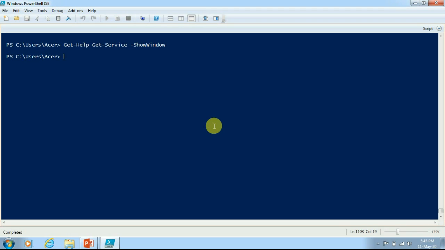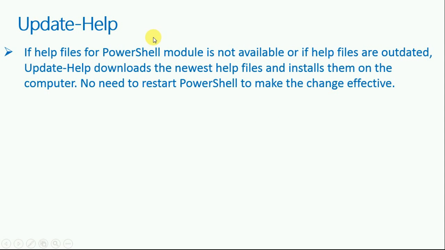So this is how we have seen various examples in Get-Help. Now let's move to the other section. In this section we will see what we can do using Update-Help. So in a PowerShell module, if help is not updated or not available, then we have the option to download the help file and install it for any of the modules. And one benefit of using Update-Help is that we don't need to restart PowerShell to get it updated.